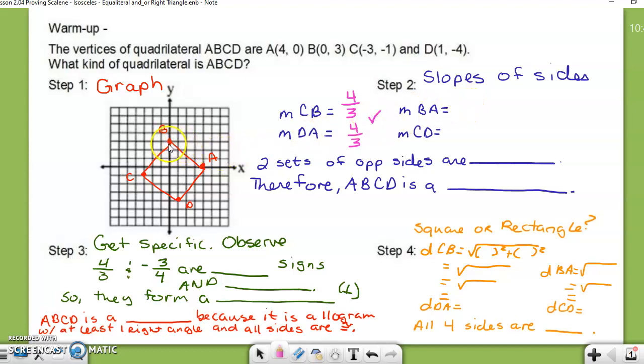Now let me look at BA. I fall 3 and then I run 4. And it's the opposite side of CD where I fall 3, run 4. It wouldn't matter if I did CD first and then did BA. Those have the same slope. So I have two sets of opposite sides that are parallel because they have the same slope. So therefore ABCD is a